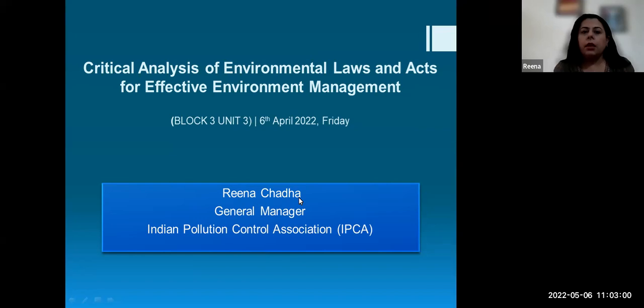And today I'll be taking up the third unit, which is to study the environmental laws and acts which have been formulated under the environmental policies, which we have already gone through in unit 2. So it is basically a continuation of unit 2 itself. And after this unit, in unit 4, we'll be studying further regarding the tools and strategies which are available under these environment laws and acts for effective environment management, like environment impact assessment, social impact assessment.